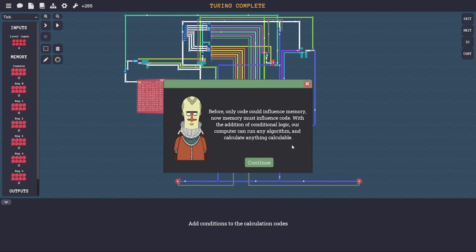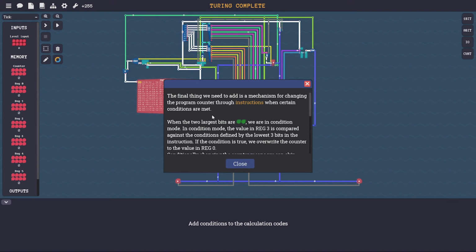Before, only code could influence memory. Now memory must influence code. With the addition of conditional logic, our computer can run any algorithm and calculate anything calculable. The final thing we need to add is a mechanism for changing the program counter through instructions when certain conditions are met. When the two largest bits, so our 128 and 64 on our opcode, are on, we are